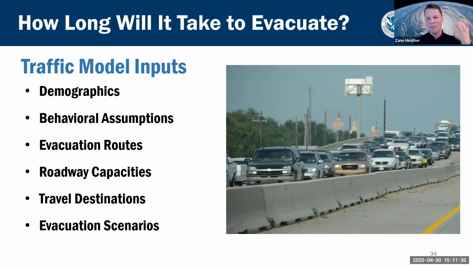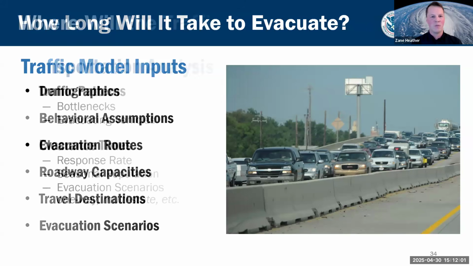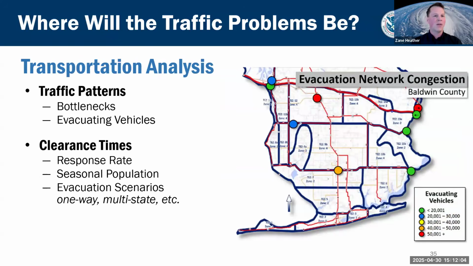And essentially what we do is we input data and information compiled and pulled from the previous 4 analyses into that model, and we overlay that on the evacuation roadway networks and integrate additional planning assumptions. So we've got the vulnerability, we've got the exposed population and demographics, we've got the behavioral assumptions developed through the behavioral analysis, we've got evacuation routes, roadway capacities, destinations, and evacuation scenarios developed hand in hand with our state and local partners, and we run that through our evacuation planning model. What does it spit out on the back end? 2 very, very important pieces of information. One is traffic patterns, how that evacuating population moves through that roadway network, and then finally clearance times.